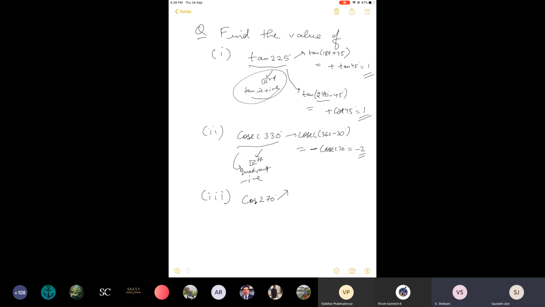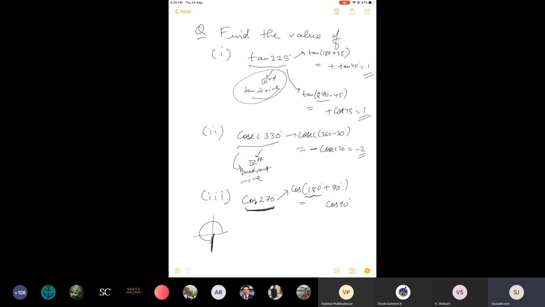90 into 2, so it is an even multiple. So I took cos 90, which is 0. That's correct, cos 90 is 0. That is fine. But see this 270 degree. One more thing, we have to decide the sign also. So 270, see 270 is this angle. It can be considered as a part of the third as well as the fourth quadrant.